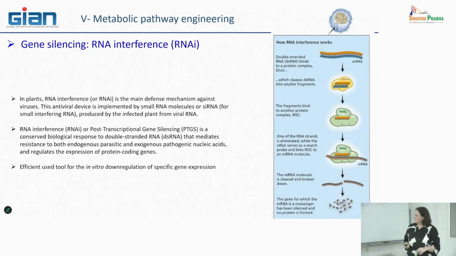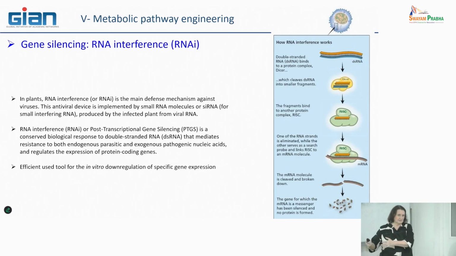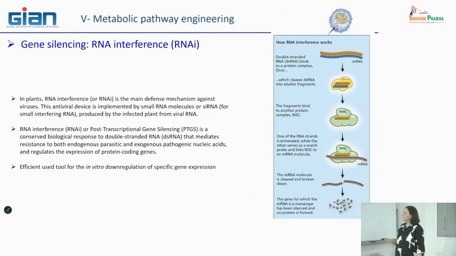And in fact, this system is not able to distinguish the mRNA that comes from the normal, endogenous gene from the mRNA of other genes that have been added in the plant genome. So by this way, all the mRNA encoding, for example, here, chalcone synthase, are completely hydrolyzed. So it is impossible to have chalcone synthase and thus to have all the metabolic pathway leading, for example, to anthocyanin. So it was interesting to see that, in fact, it is quite a simple system that occurs normally in the plant cells.